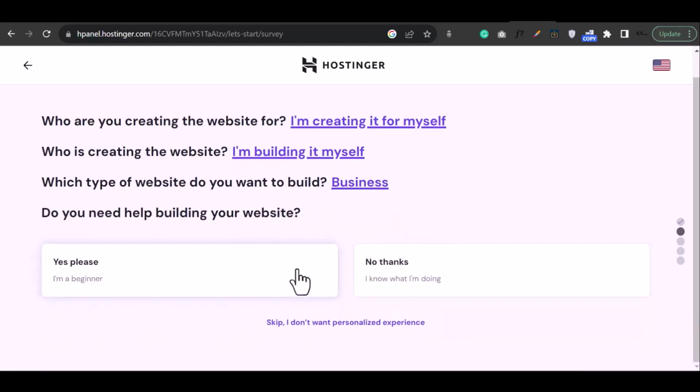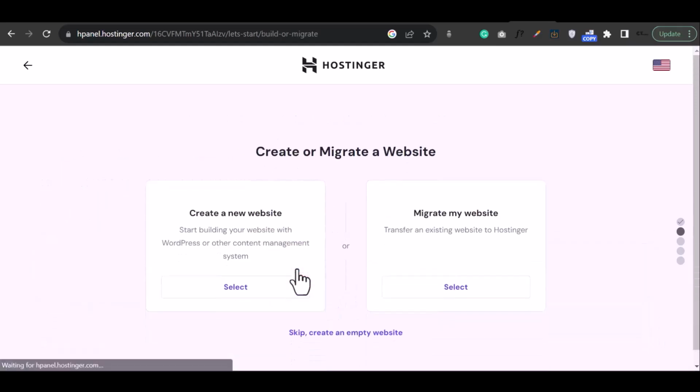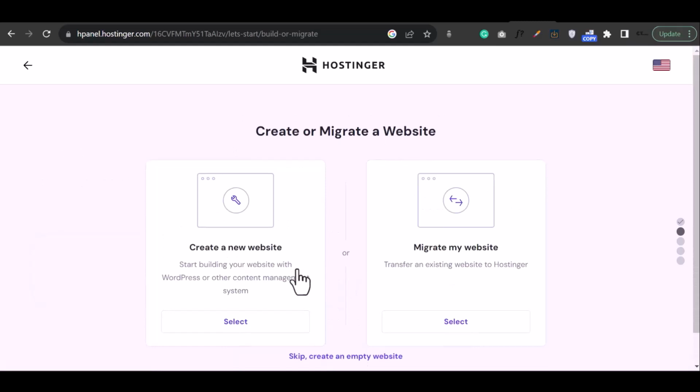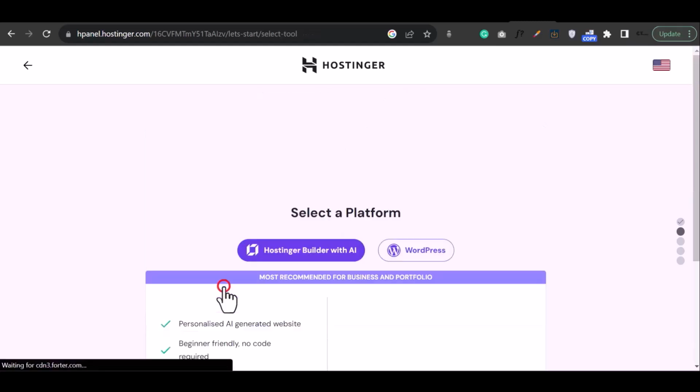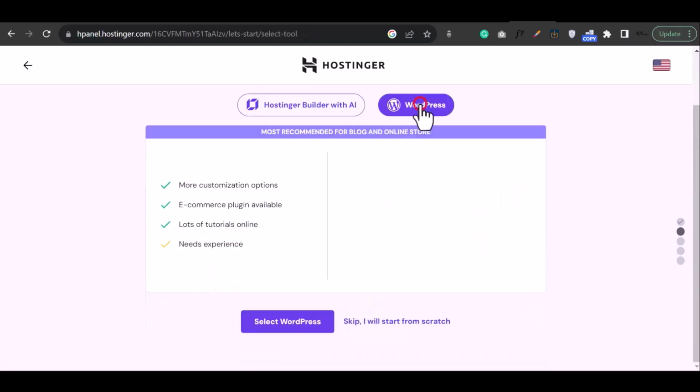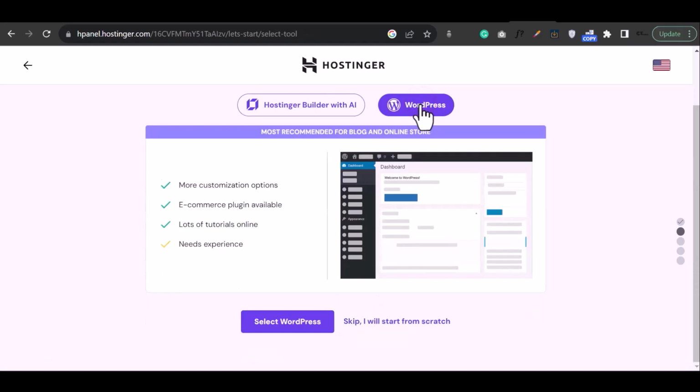Probably yes, if you're a beginner. Then once you've selected that, it's gonna lead you to this page where you can create your new website, or if you already have a website from another hosting company, you can migrate it over to hosting. So I'm gonna create a new website, and I'm gonna select the WordPress button on the right and click select